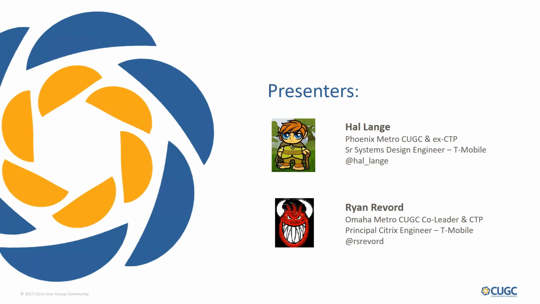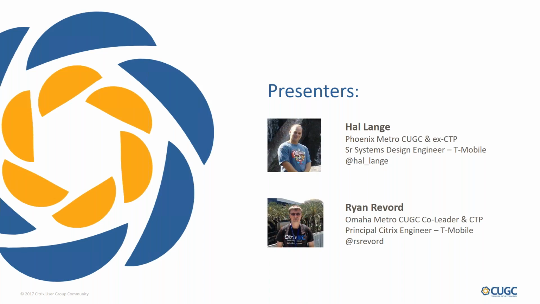This is their cartoon imagery. Hal is a hobbit, and Ryan is some monster. What's that, Ryan? Well, actually, we should give points out to whoever knows what it is, but it is a Dark Angel graphic from Paintball back in the 90s, and I just won't let go of the avatar. And just so you know, we are not nerds. Just want to establish that up front. No, not at all. Let's see what you really look like. Okay, some good-looking guys. So we got Hal Lange and Ryan.